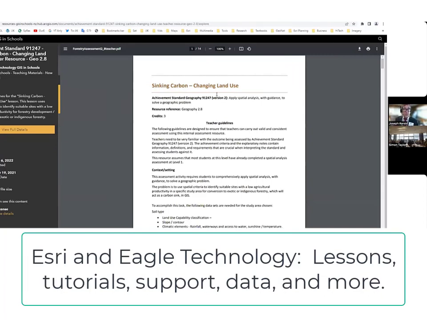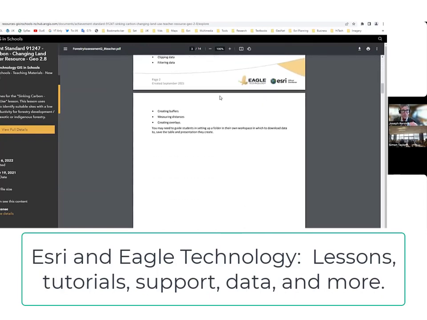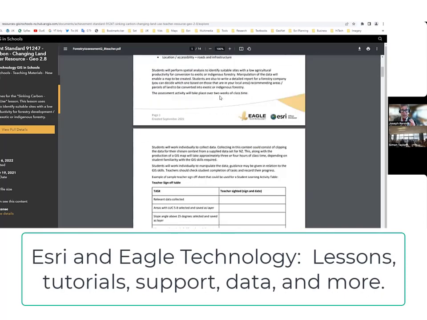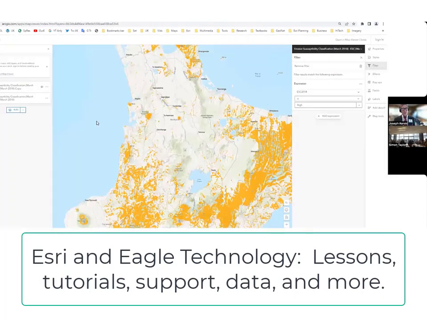And other lessons that you'll find on the Eagle site is, for example, this is one of my favorites: sinking carbon, changing land use. Inside here is a link to a really rich and deep data set that you're using. And you can use these questions if you want to. You can say, hey, Joseph and Claire, I want to use my own questions. Thank you very much, but I do want to use your maps. So you can devise your own questions, being the creative educators that you are. And one of the things in that lesson is a wonderful data set on